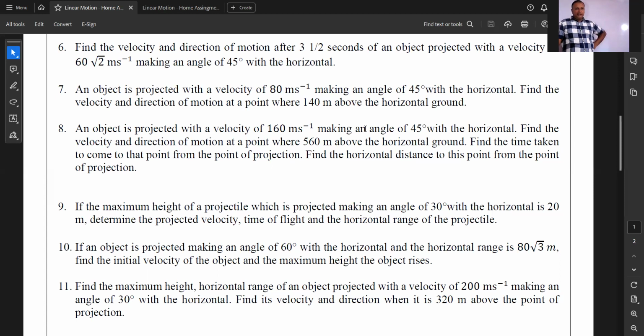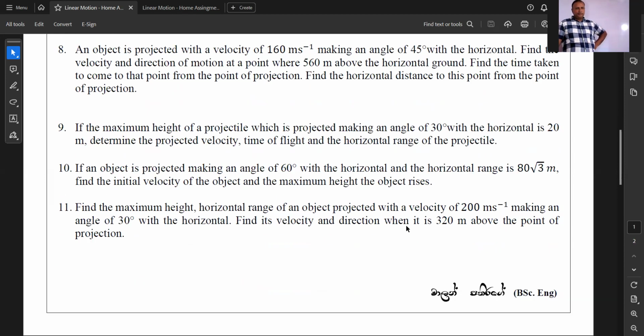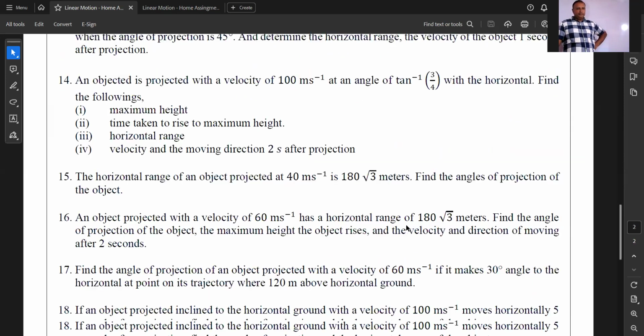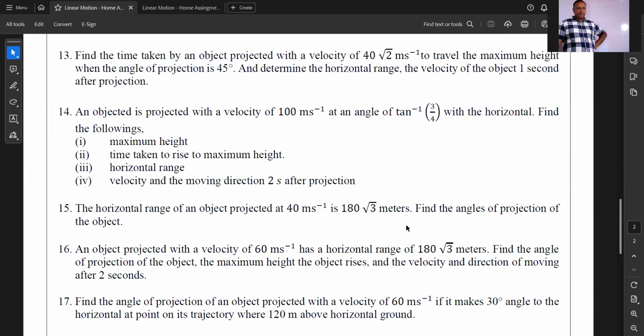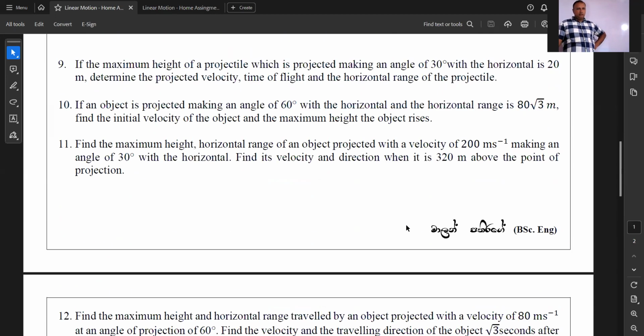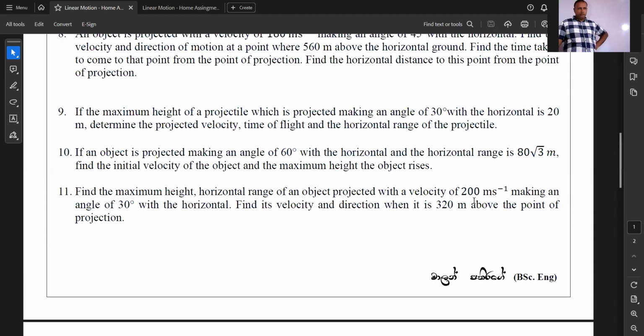Eleventh one. Find the maximum height and the horizontal range of an